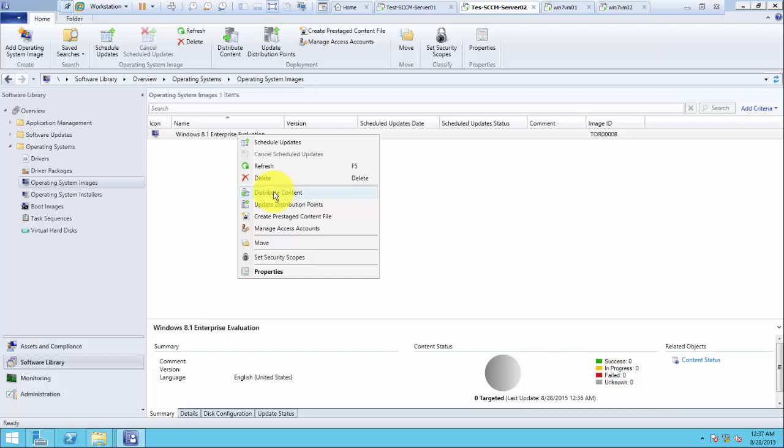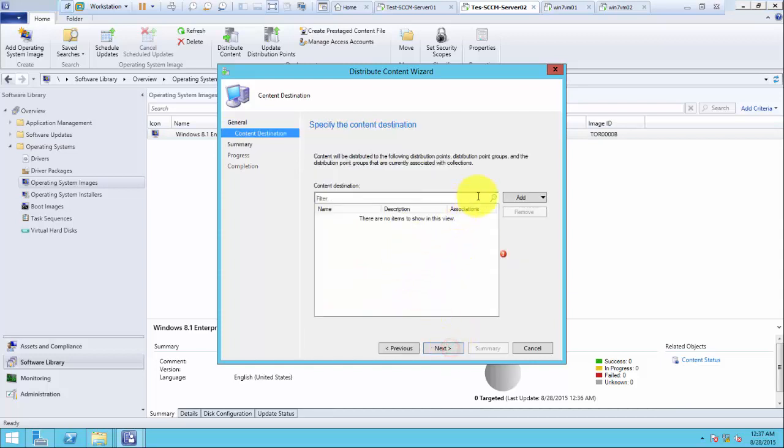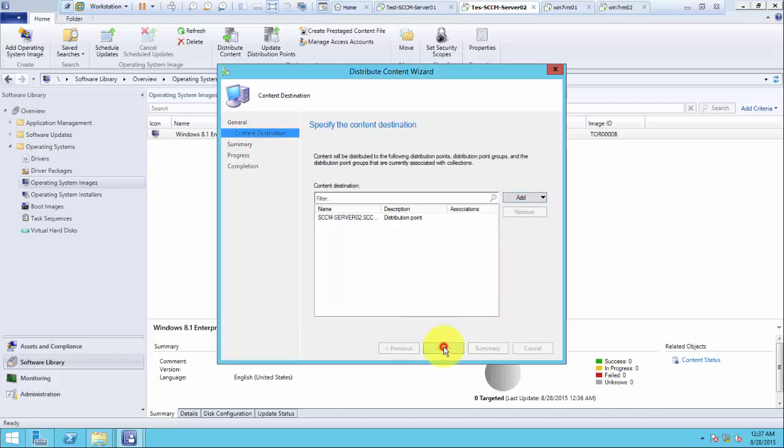If it was already green, I would have gone to update distribution point, but it first has to be initially distributed to the distribution point. So click this, next, click add distribution point, and select the server that has the distribution point role installed. That's okay. Next,